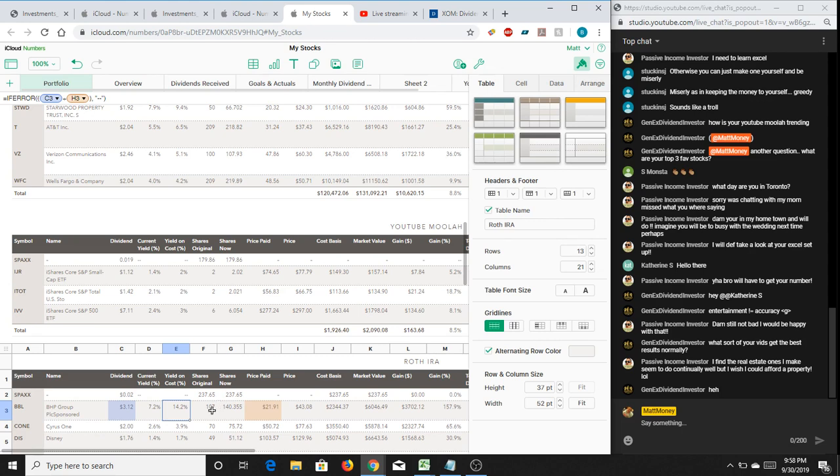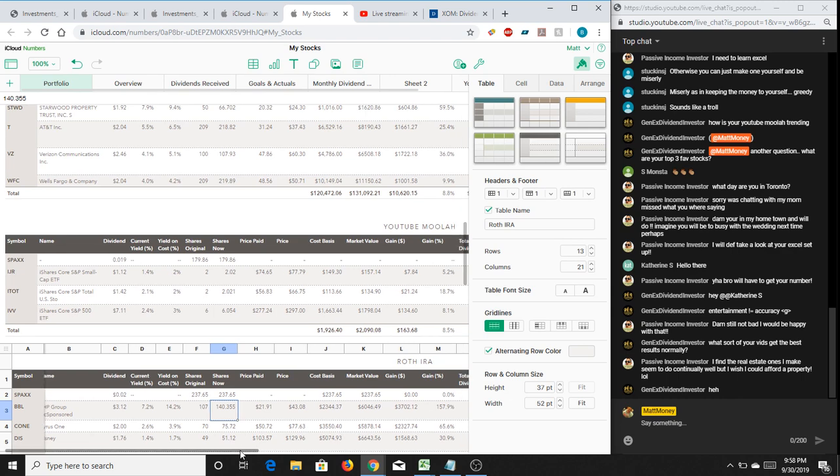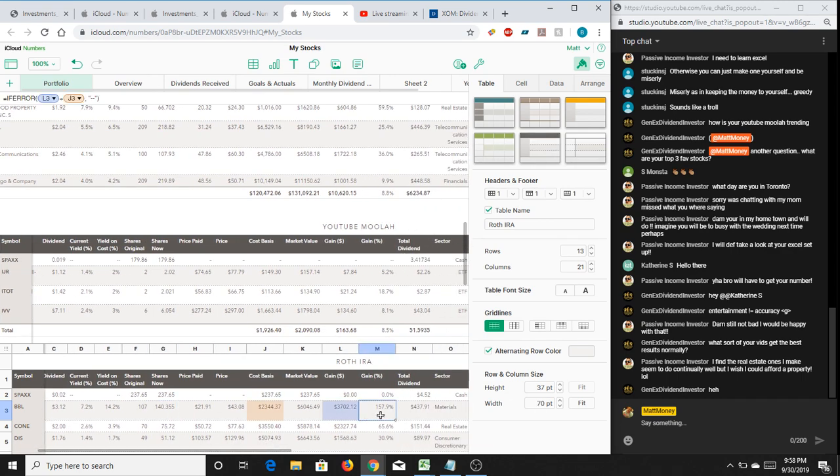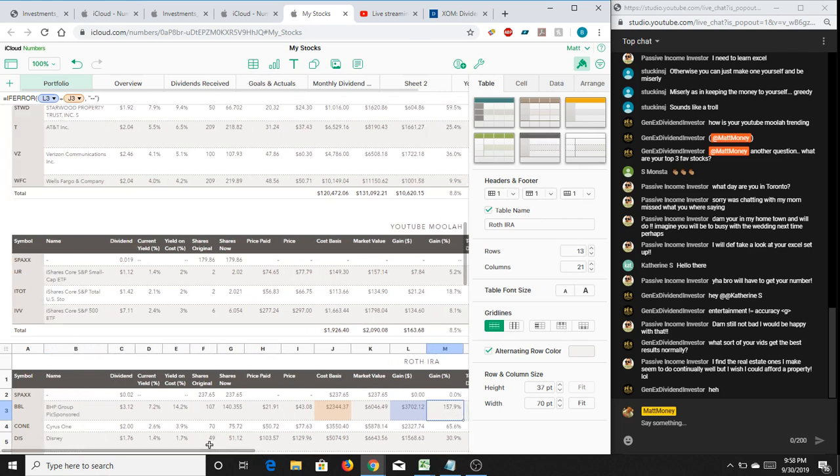But look at this, dude. Originally bought 107 shares. I've reinvested, so now I'm up to 140 shares and 150% increase. And it's not because of the increase. It's just like, I love this company, man. Anyway,